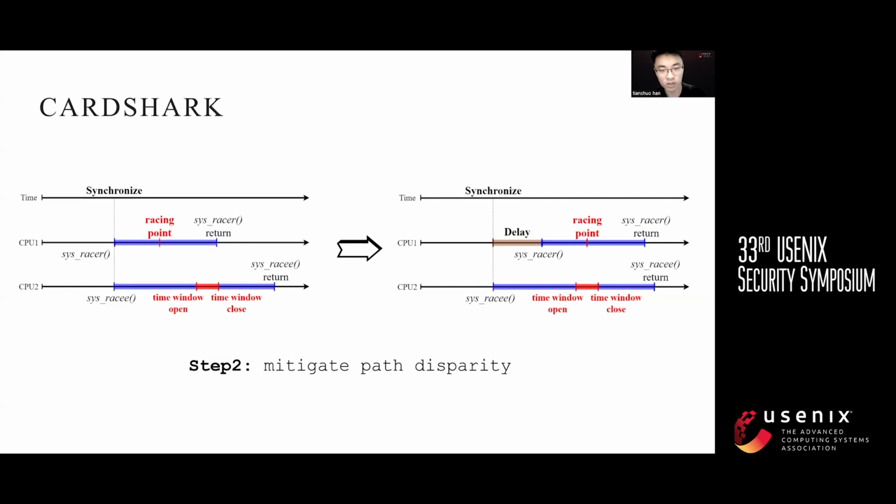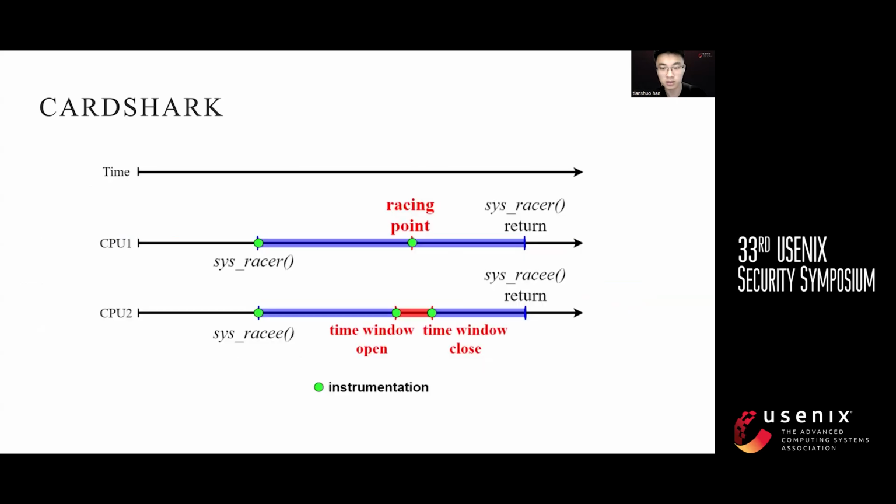However, there is still one crucial question. This synchronization is simple, but how can we determine this delay? A straightforward approach is to measure it directly, which can be achieved through kernel instrumentation. We can record the pass time of the racing syscall through instrumentation, and we can compute this delay by subtracting the two pass times. However, this method is complex because to identify the instrumentation point in the kernel, we have to understand the root cause of the bug.